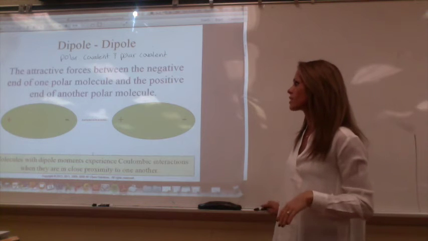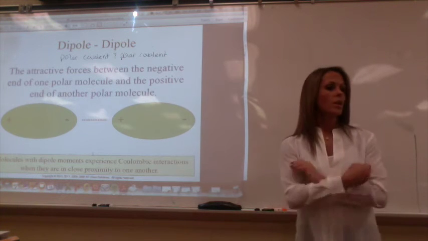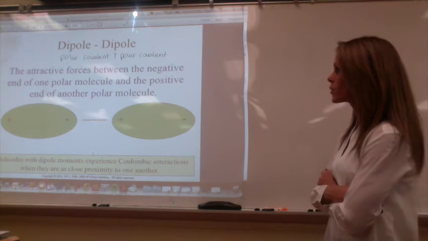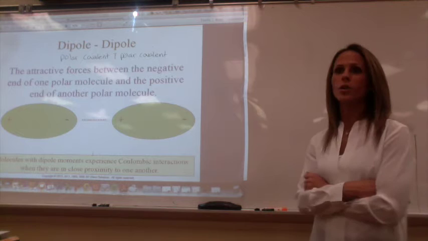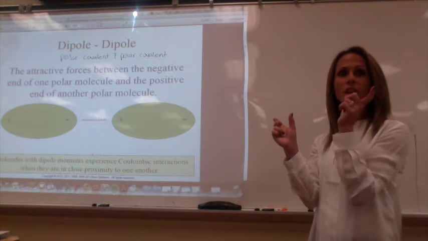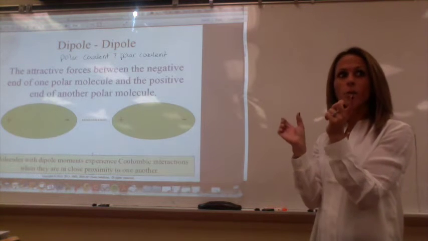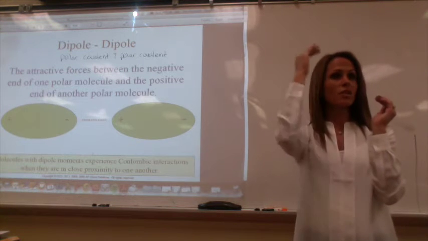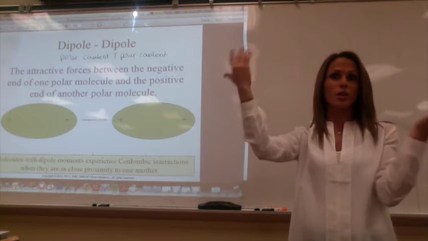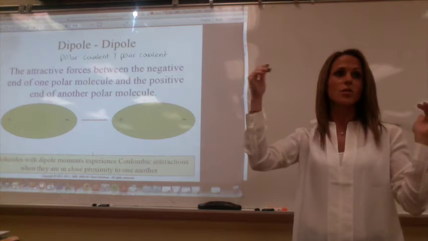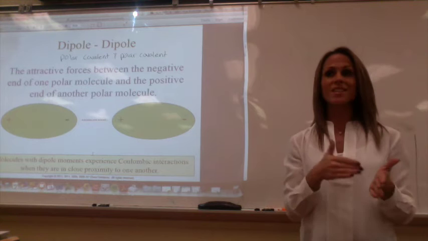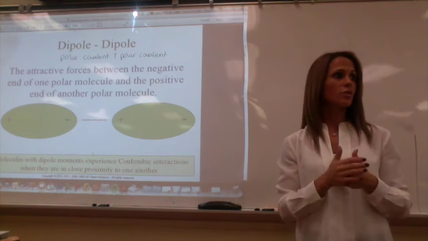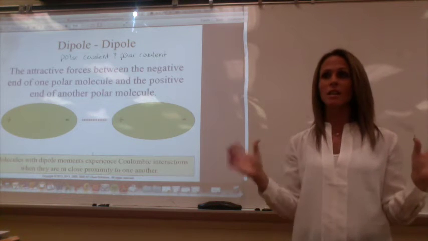It's covalently bonded compounds. So it says the attractive forces between the negative end of one polar molecule and the positive end of another polar molecule arrange themselves so that they attract. So if I have a water molecule that's attracting to another water molecule, the oxygen gets attracted to the hydrogen on the other molecule, creating a hydrogen bond, right? We'll discuss those also. So always, intermolecular forces, I wrote this earlier, are always between the electrostatic force of attraction between a positive end and a negative end.